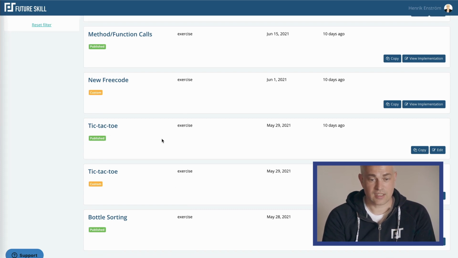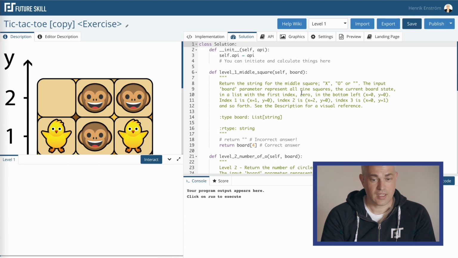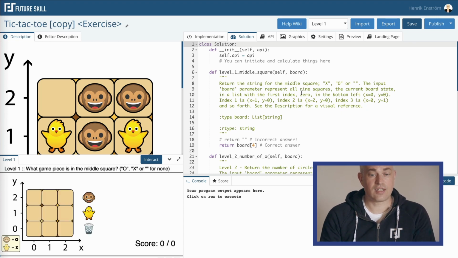published exercise, and I can both copy it to start my own copy, which we'll try here, or I can go in and edit. Since I'm the owner here, I'll see edit, but you can also view the implementation without actually copying it. So I'll copy that one, and then I get this interface here, which is very similar to the one we